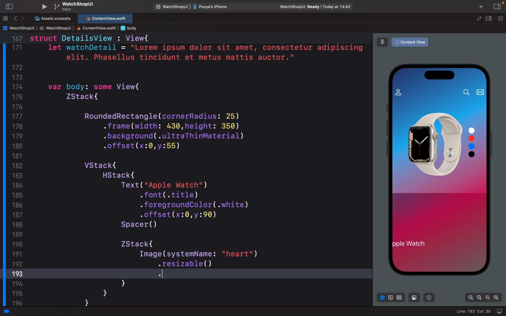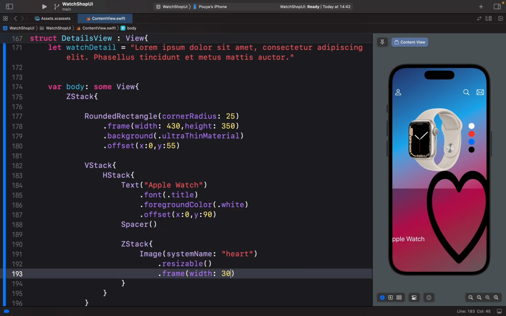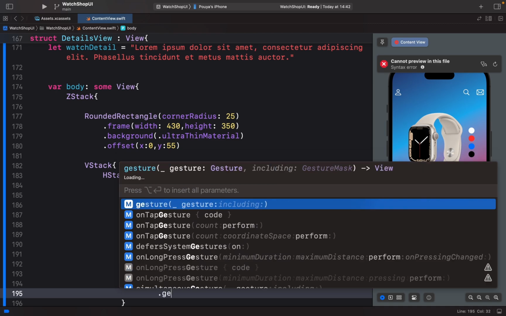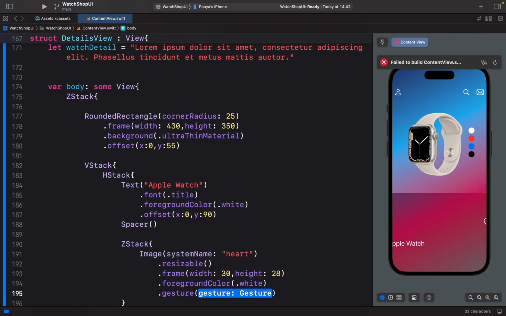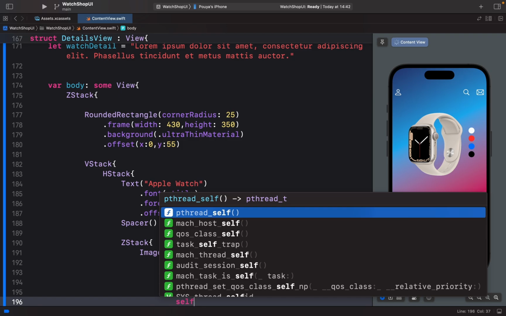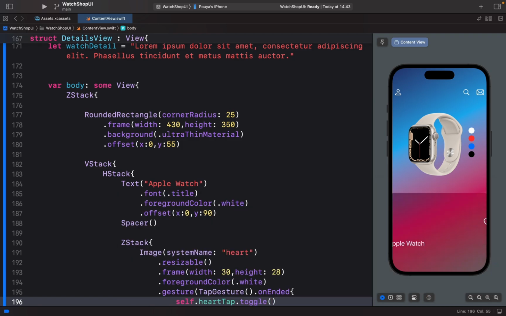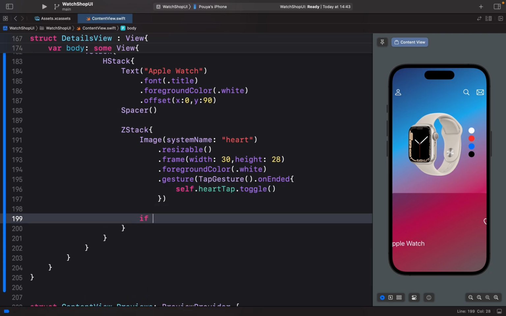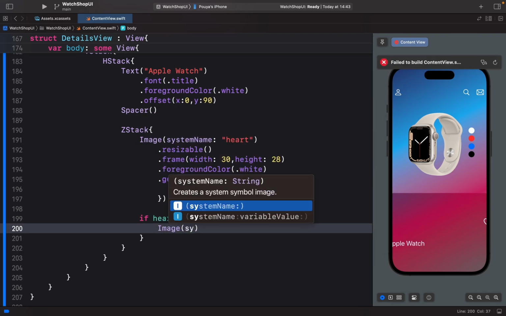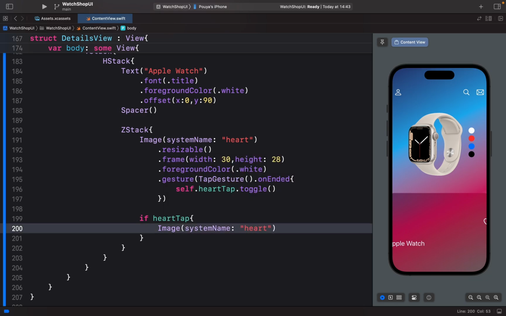And this is a resizable image, and the frame would be width 30 and height 28, and the foreground color would be white, and a tap gesture, and in the tap gesture we have self.heartTab toggle. After that we have if heartTab, and we have Image(systemName:) heart.fill,